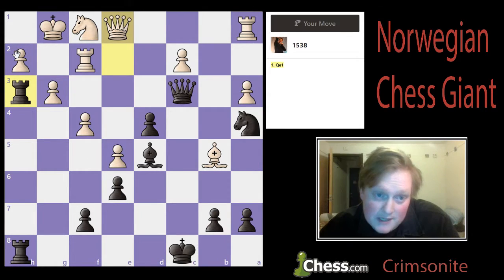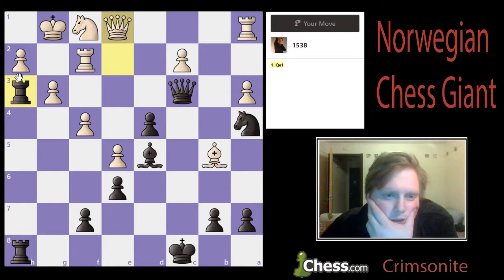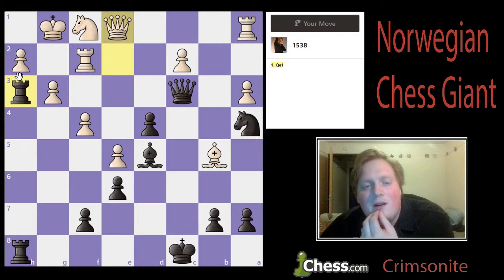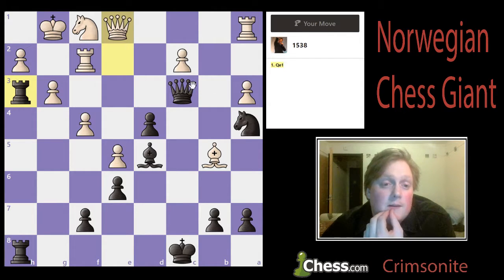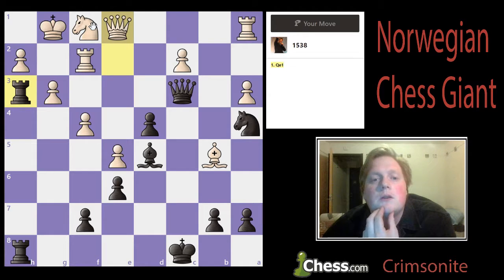Rook captures h2, knight captures h2. Cannot be played, so rook captures h2. And then queen to f3. Is that possible? No, he can take and then place his rook back on h2. Wow. Rook captures g3, knight captures g3. Queen captures g3. Rook g2 doesn't work, but king f1 is a line that I'm worried about. And I do not see how I can react to that. King f1, and then